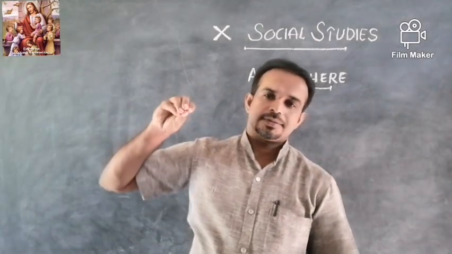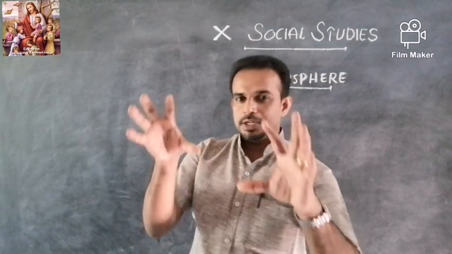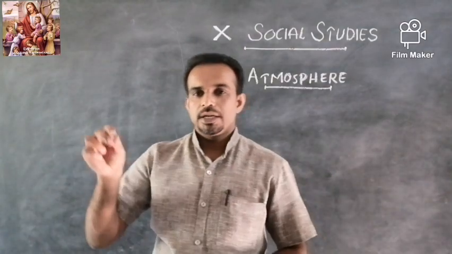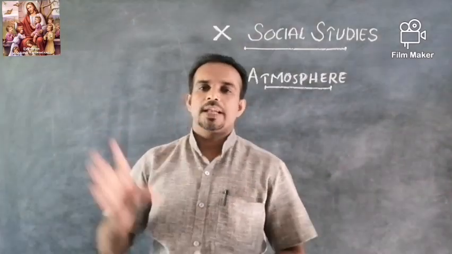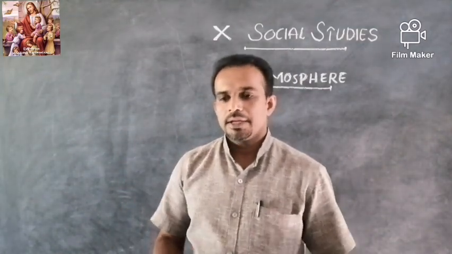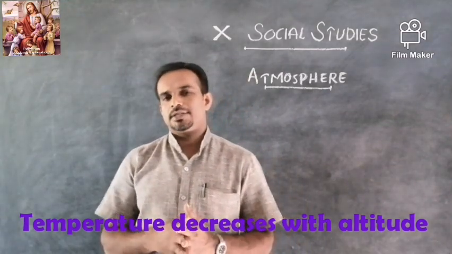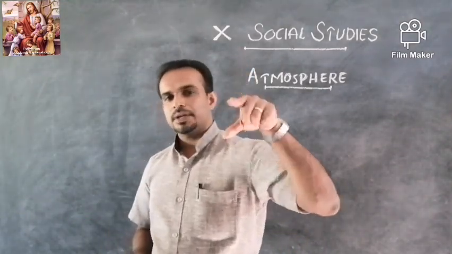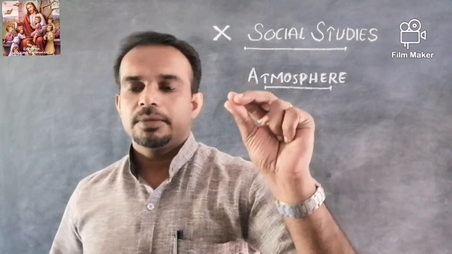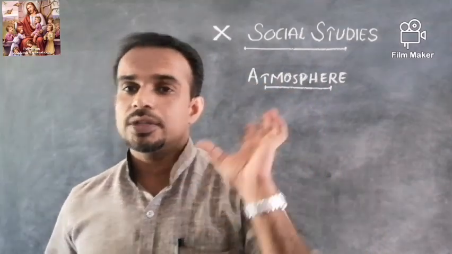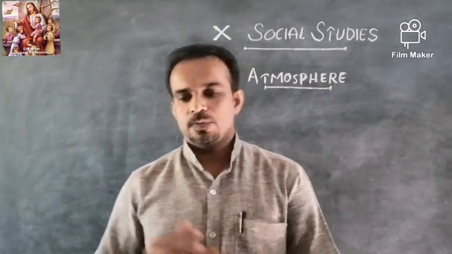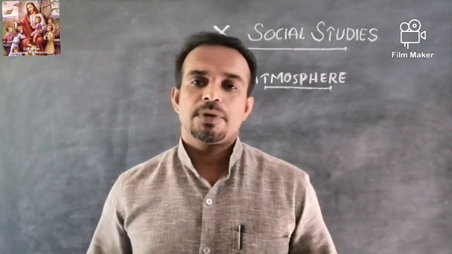Those breakaway particles which come to the earth, under the gravitational pull of the earth, get burned up in this layer. Meteorites are burning up in this layer of the mesosphere. And here the temperature starts decreasing with the height again. See, in the first, troposphere, the temperature decreased. Second, stratosphere, temperature increased. And the third, mesosphere, the temperature is decreasing with the height. So the first 3 layers are part of the homosphere. And the next 2, thermosphere and exosphere, are part of the heterosphere.